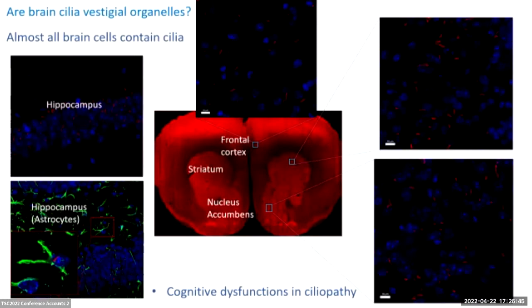We were motivated to do this research on cilia because the majority of ciliopathies that are studied in humans are associated with cognitive dysfunctions. But it's interesting that for 100 years, the functions of cilia in the brain were totally dismissed. Only in the last few decades did they start to speak about the role of cilia in the kidney, the cardiovascular system, the respiratory system. But for the brain, we still know very, very little about what cilia can do.